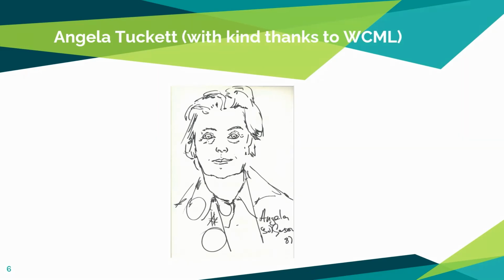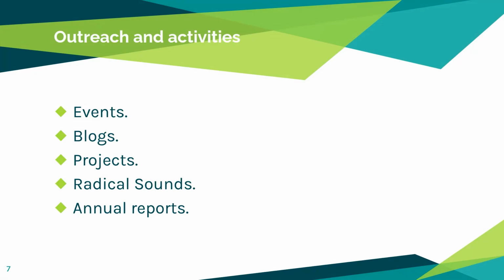Okay, so the WCML are also very good at outreach and promoting activities. They have a fantastic calendar of events advertised on their website. One of the events that caught my eye was an online talk titled Tom Paine's Bonds, a fantastical visual biography. It looks really interesting. The description for that was quite interesting to read. And I should say that all of their live stream events are recorded and can be viewed after the event